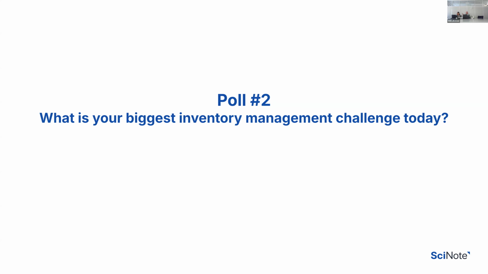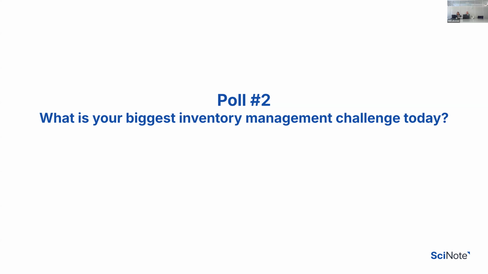Again, if it's missing, please use the chat. Let's see what else we missed. Okay, tracking usage is leading the way again. Okay, interesting. Nobody has issues with sharing inventories across teams today. Okay, I'll leave it open for a few more seconds and see if any other answers come. Okay, answers are still coming in actually, but the results are not changing. You all still mentioned that tracking usage is the one. Okay, I'll end the poll